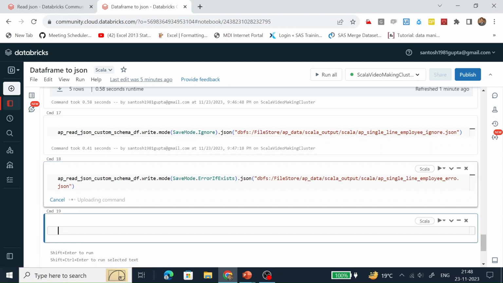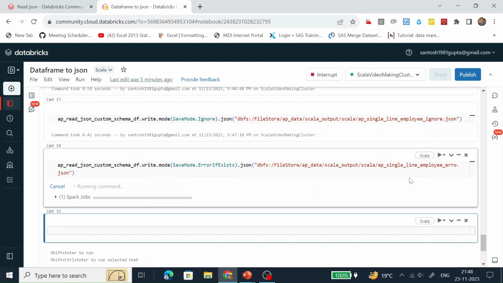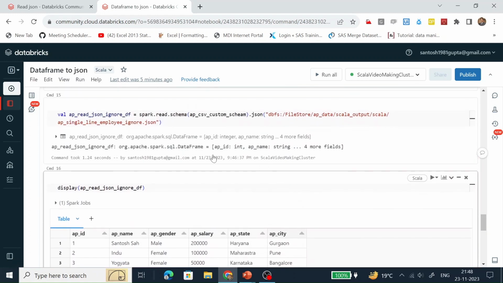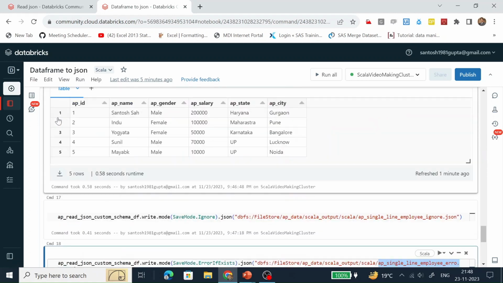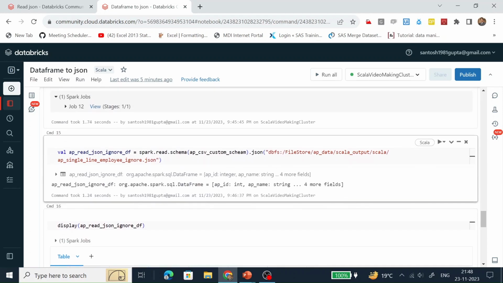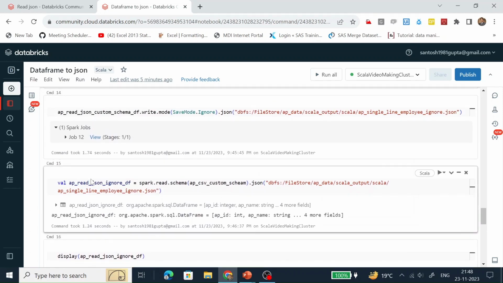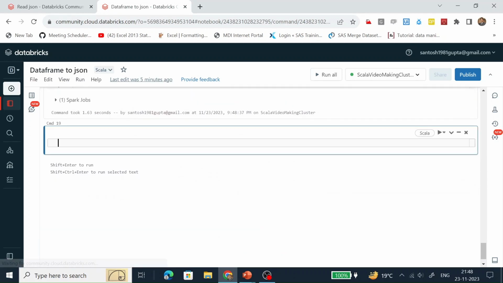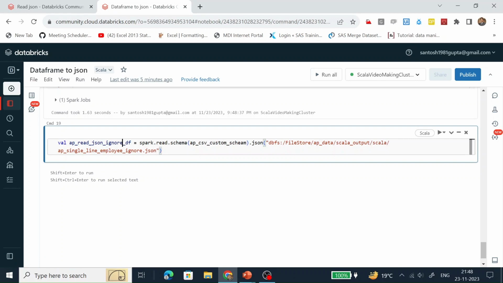Let's run it. This JSON document has been created successfully. Let's read it. Just rename the variable. Instead of ignore, let it be error.